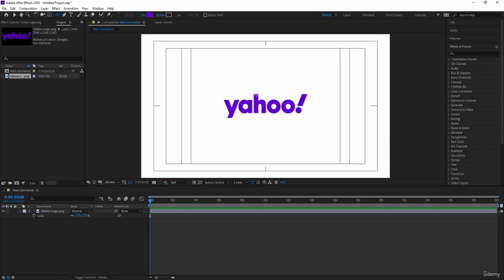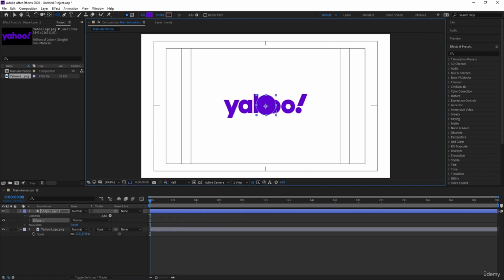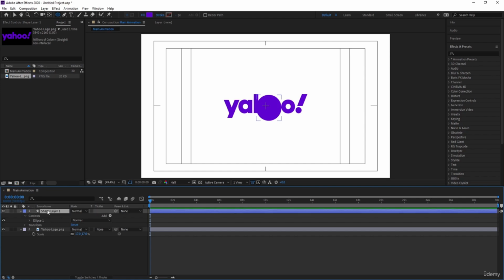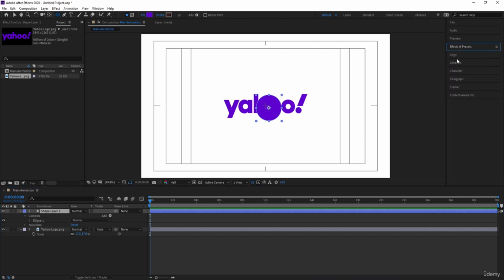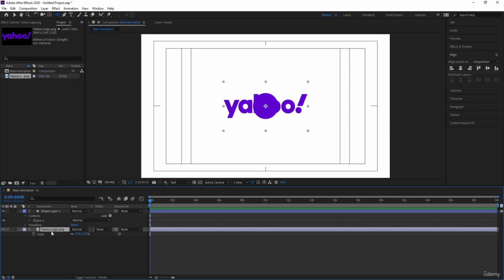OK, sorry. By holding Shift, I'm going to create one ellipse. Select this shape layer, press Ctrl Alt Home to align that anchor point to the center. Go to the Align tab, align it horizontally and then align it vertically. Now I'm going to select this Yahoo logo and I'll hide this for a minute and I'll lock this also